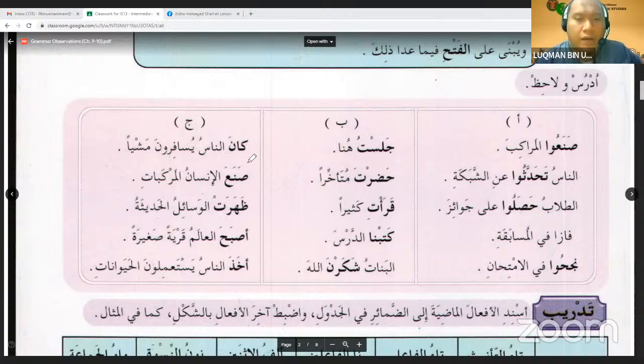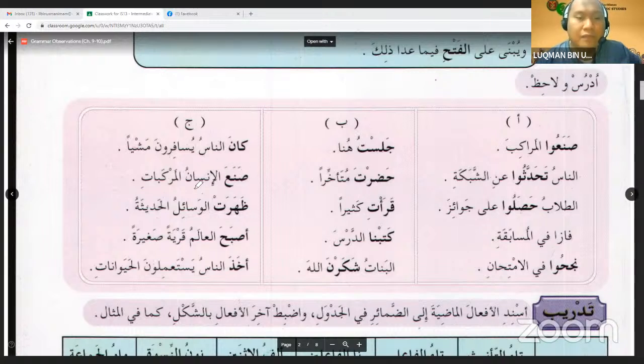Fixed upon fatha. Okay. كان الناس يسافرون مشيا. The people were traveling by foot. So kana ends with fatha. So this is fixed upon fatha. Next. صنع الإنسان المركبات. The person, the man, the human,